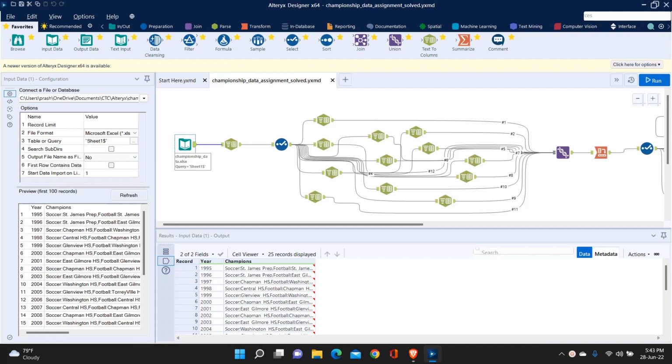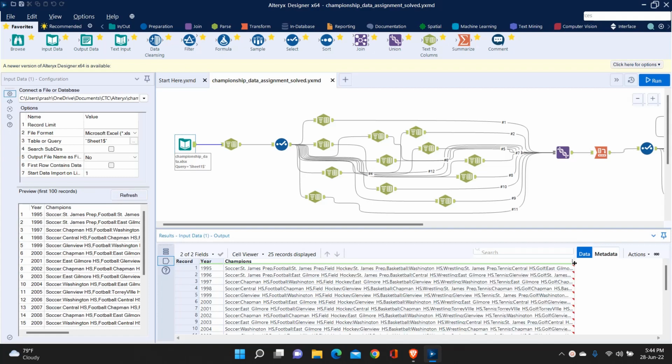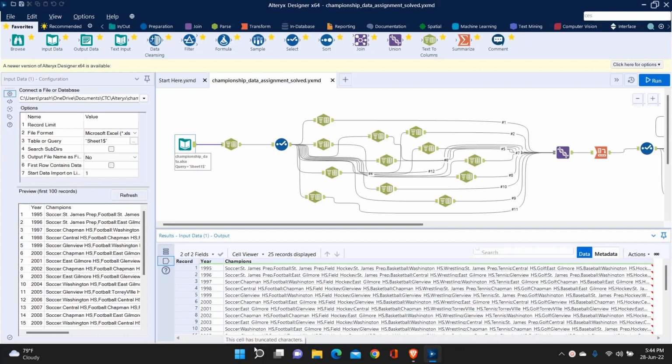Hello everyone. In this video, we are going to talk about our championship data Alteryx assignment that we have, and you can see I have imported it into my Alteryx using the input tool, and we can see that we have two columns, year and champions. Year we have from 1995 to 2019. Then we have champions, in which we have a long list of data. Like if we expand it, it is going